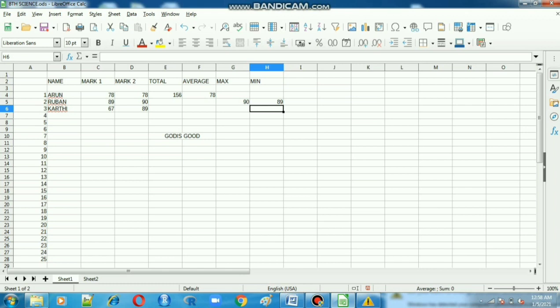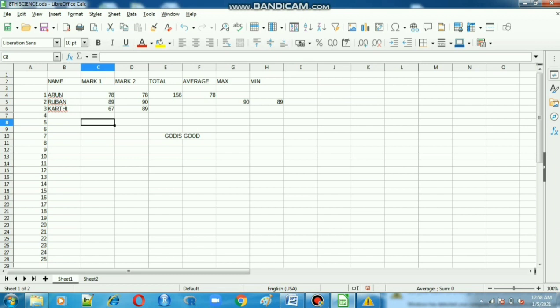Okay, so count. This is called count. The number of values that are there is what they call count. So I have to use count from here. How many values are there: 1, 2, 3.